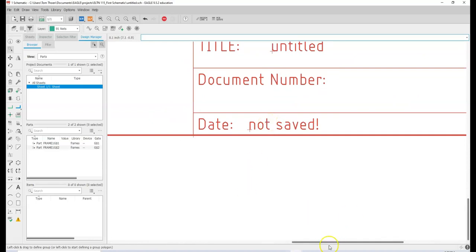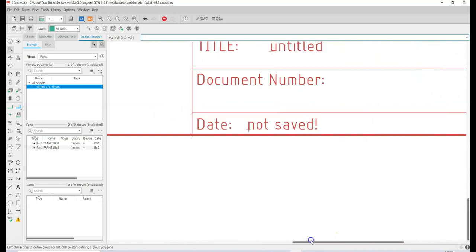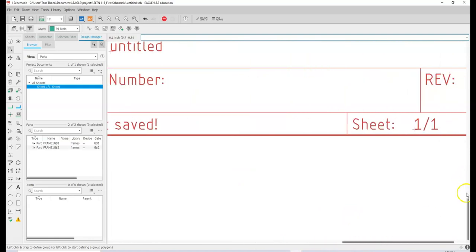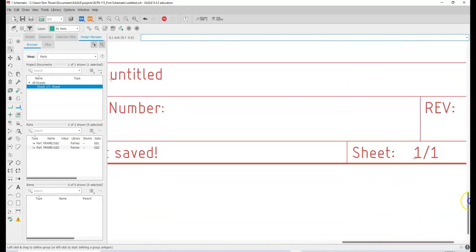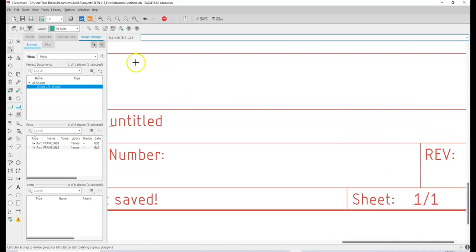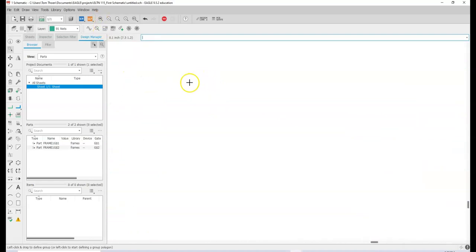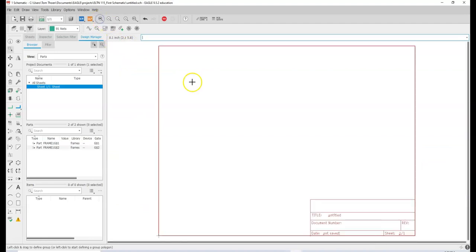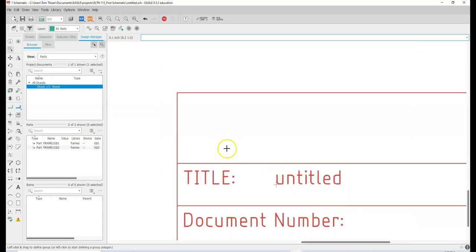You can also use these bars on the bottom left to right, and the right top to bottom to navigate around in our image. Again, anytime if you get zoomed in too far and you go, where am I? I'm lost. You can always click on that zoom to fit button to see the extents of the frame that you're working with. The other one that's very useful is zoom select. If you click on that and left click and drag, it'll zoom to that area, a specific area on your